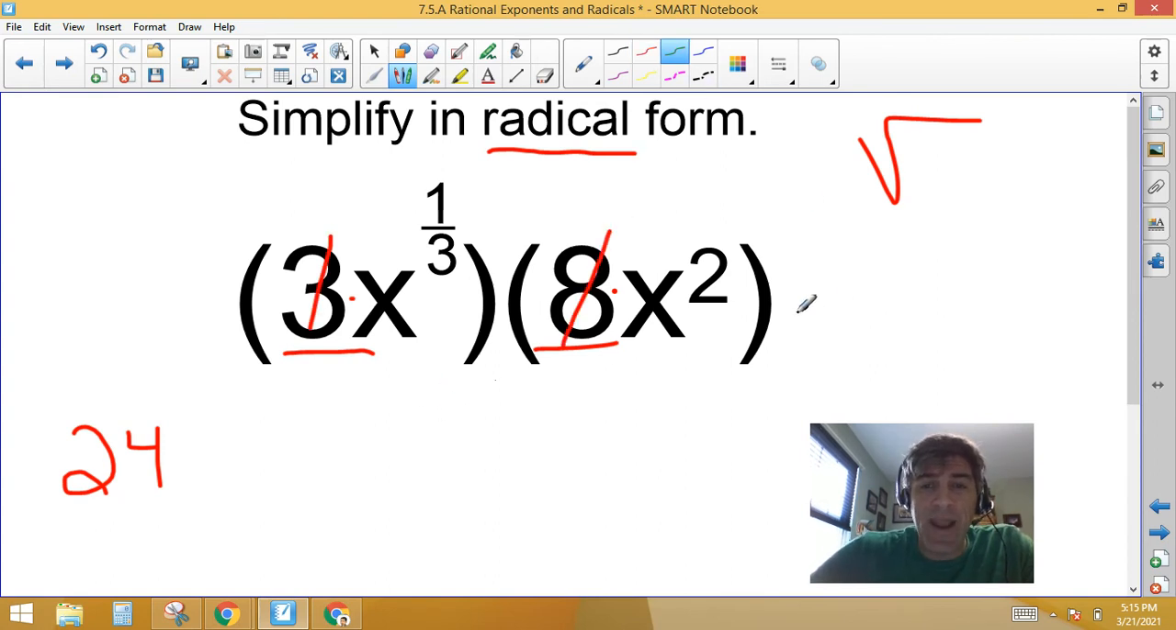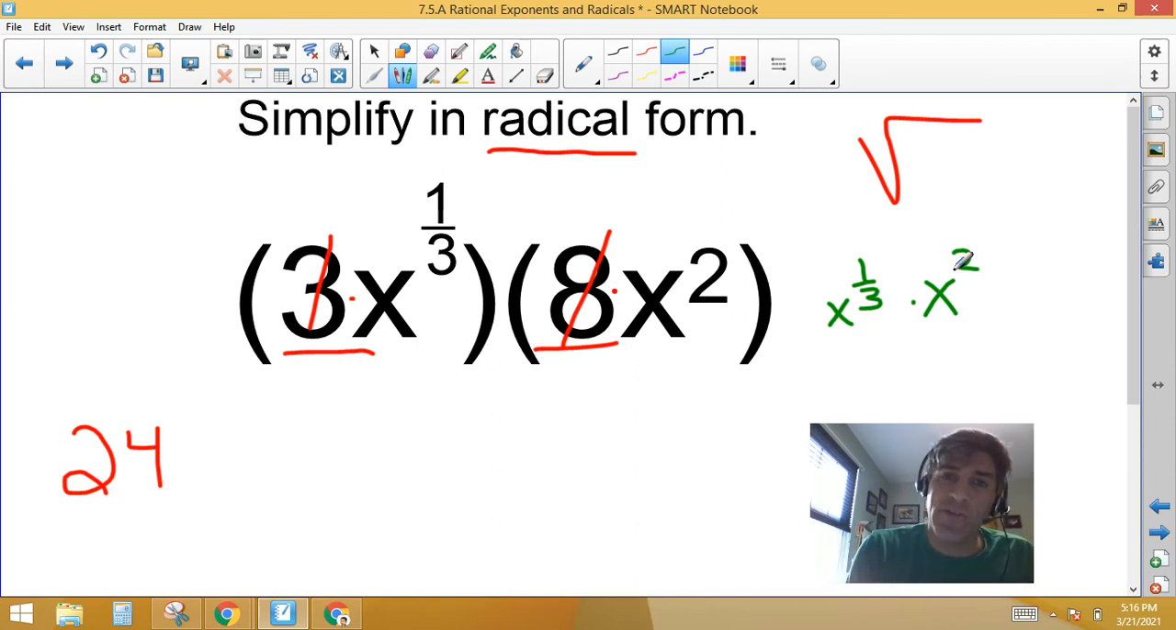Now what I have left is x to the 1/3 times x squared. X to the 1/3 times x squared. These are the same bases. This goes back to one of the very first lessons we learned in chapter 7. What do we do to exponents? Don't worry about what they look like. What do we do to exponents when we're multiplying the same bases? Hopefully you said add. So my final answer is going to be 24x